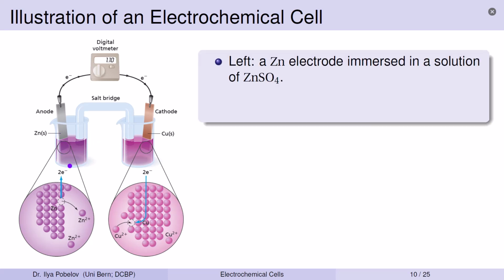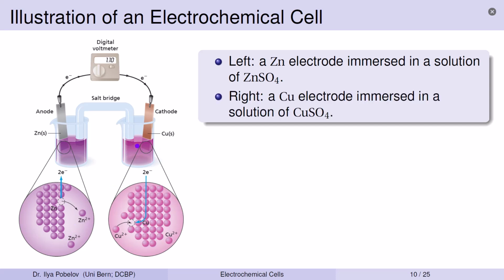On the left, a zinc electrode is immersed in a solution of zinc sulfate. The solute dissociates into zinc ions and sulfate ions. On the right, a copper electrode is immersed in a solution of copper sulfate, which dissociates into copper ions and